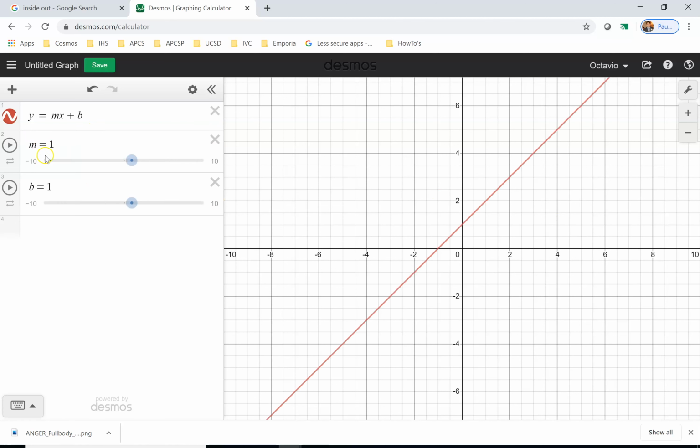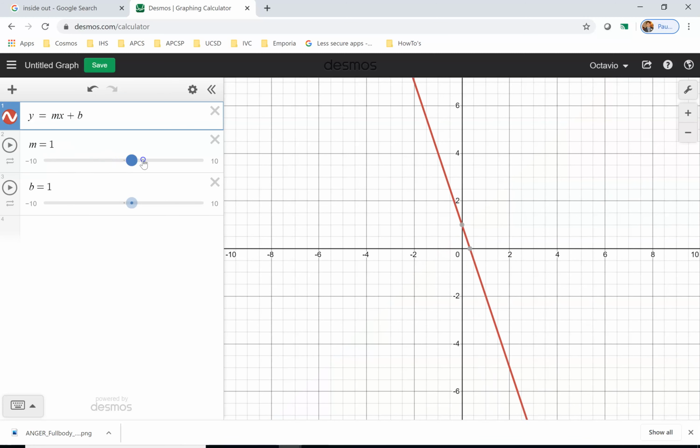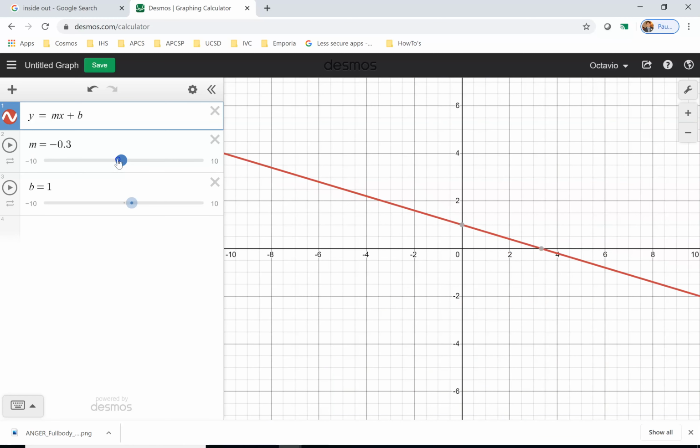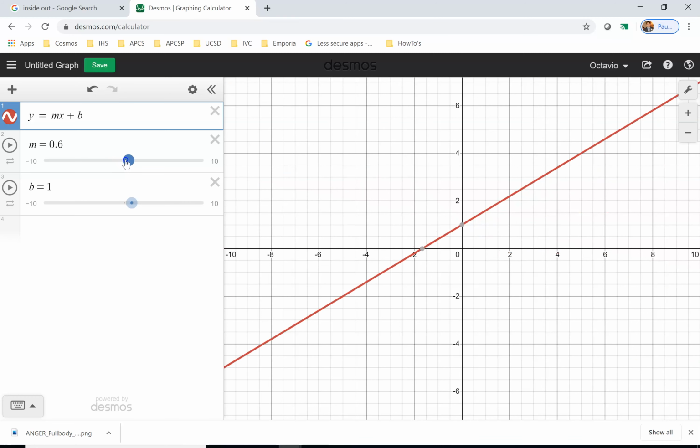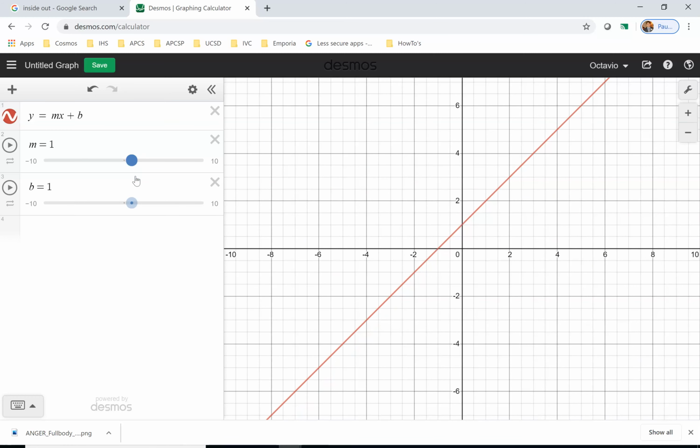And what this does is now my slope, m, can be changed by dragging this up and down. Now the reason I want to do this is because I want to show you what happens when you increase your slope. So suppose we have a slope of 1. You see that line? What increasing the slope does is it makes the line steeper. Notice how 2 is steeper, and you can see it get steeper and steeper and steeper as I keep increasing the slope. If I increase it all the way to 10,